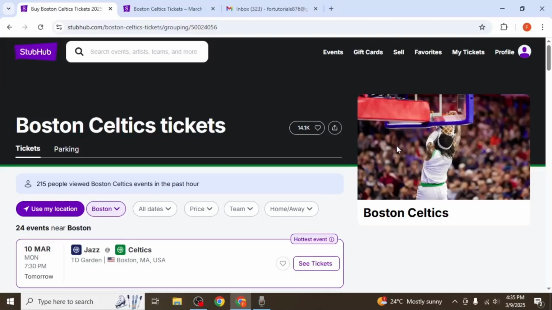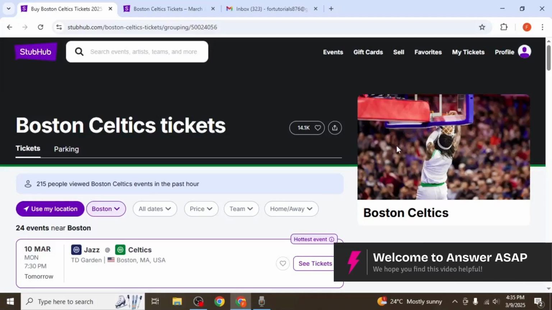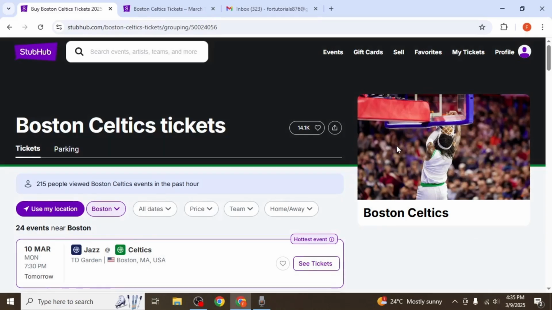In this video, I'm going to show you how to see StubHub fees. StubHub often displays ticket prices without including additional fees up front, which can lead to unexpected costs during checkout. To avoid surprises on the checkout page, you can enable an option to see the total price including fees before